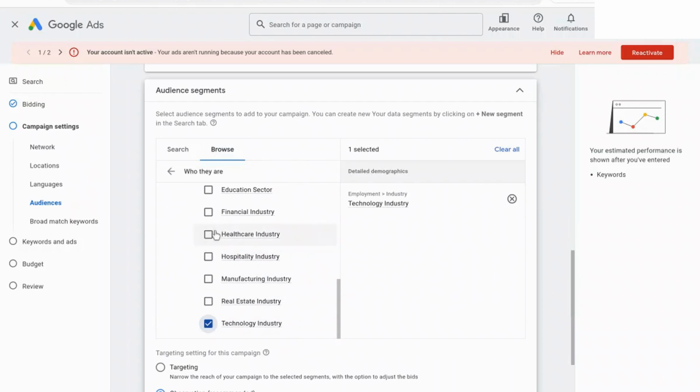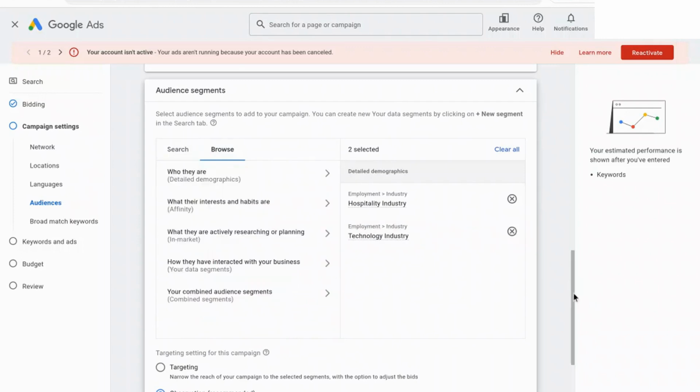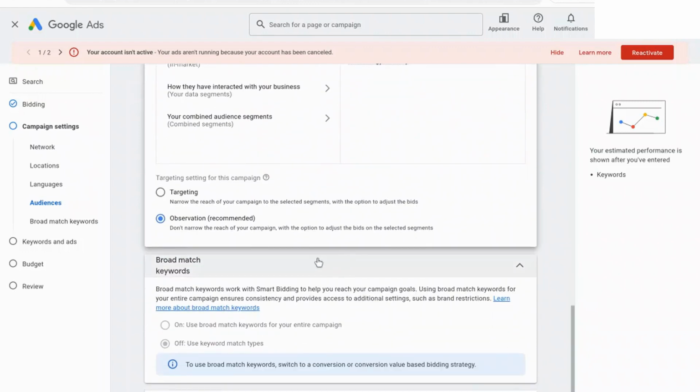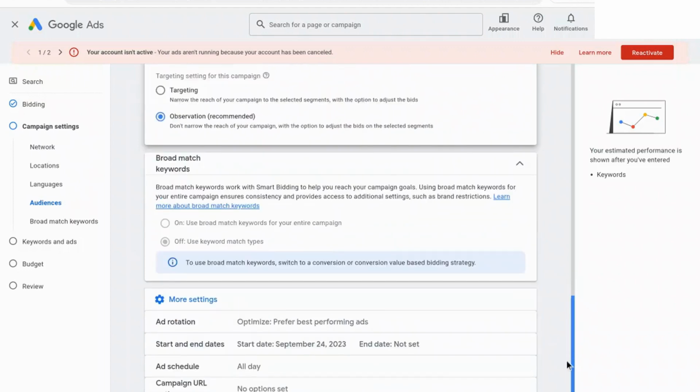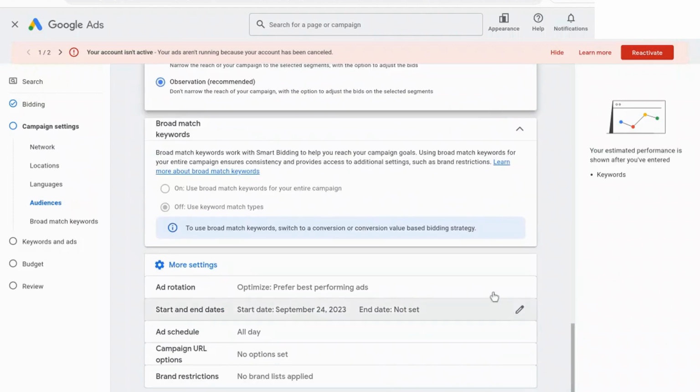And I'll select hospitality and technology. And again, it's not that we're targeting these users, but we're actually just going to monitor their statistics within the campaign. And that's what the observation setting here does. And now down here, the broad match keywords option is turned off. We're actually going to use exact match keywords, and we'll get to that here in a second. And then you've got some additional settings down here for ad schedule or ad rotation, and we don't need to